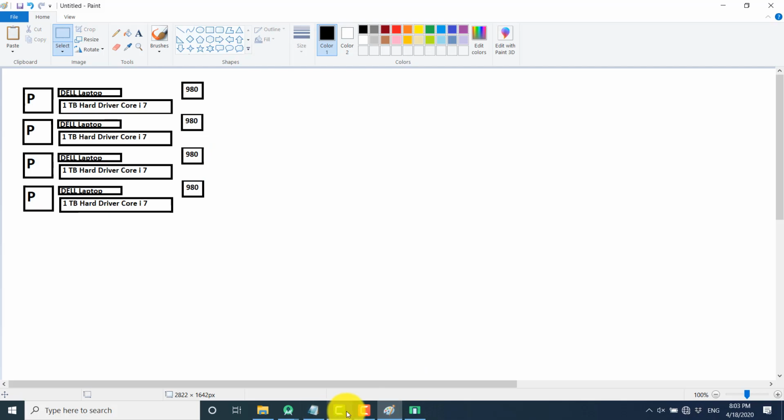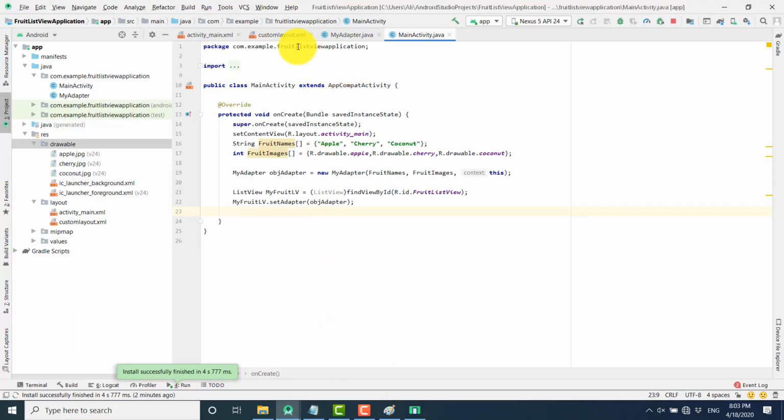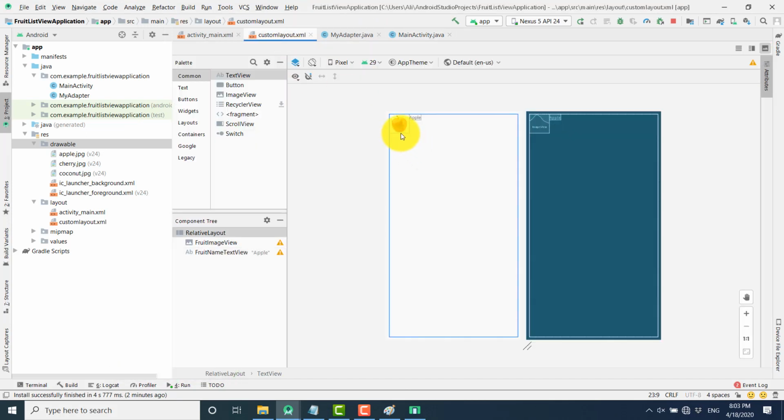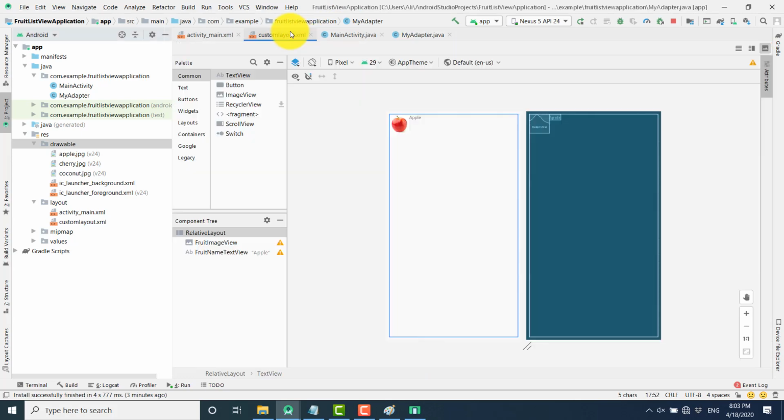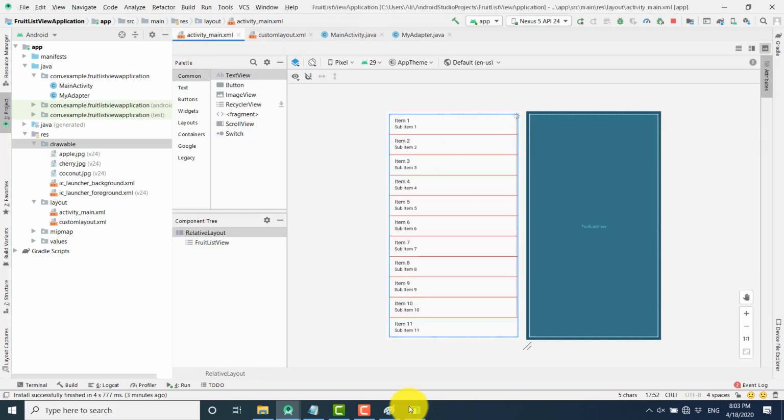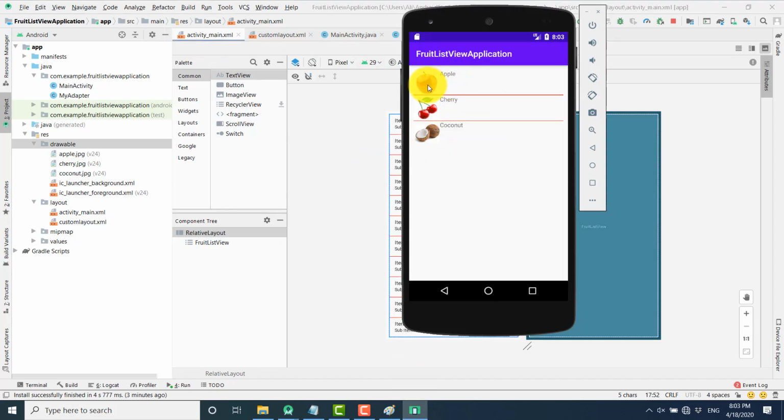And then what you have to do, you have to design your custom layout, just like here. I just took the 2 controls, but you have to take the 4 controls: product photo, product name, product description, and the product price. Design your base adapter in a way that you display all this information inside the list view, just like I have displayed only the product photo and name. You should display here the description and the